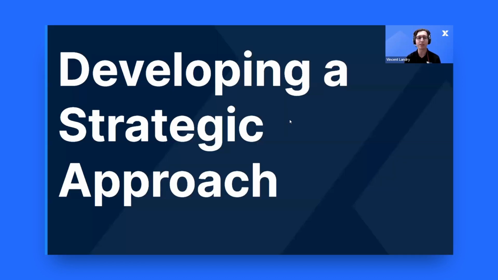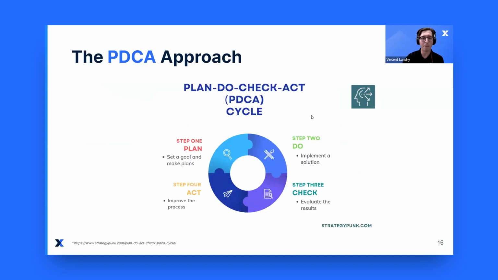So developing a strategic approach. So whenever we start with building a PM program, of course, we don't want to jump left and right and try to solve everything in one day. This is not something that is realistic. So I'll introduce you to 2 concepts. The first one is the PDCA approach. So plan, do, check, and act. So this is a cycle that goes on and on. It's a wheel. It's part of continuous improvement,